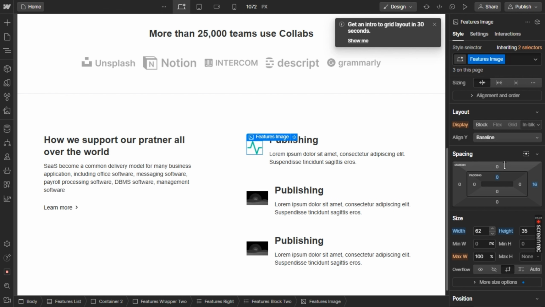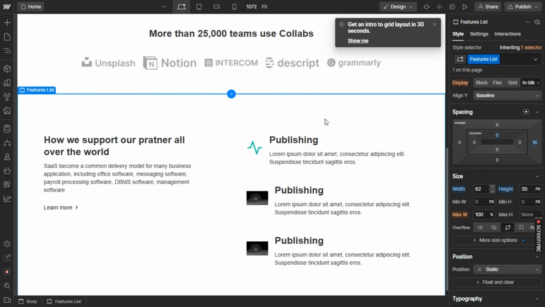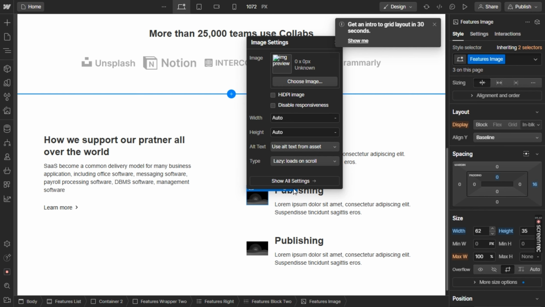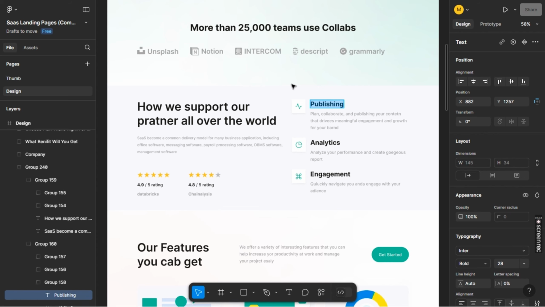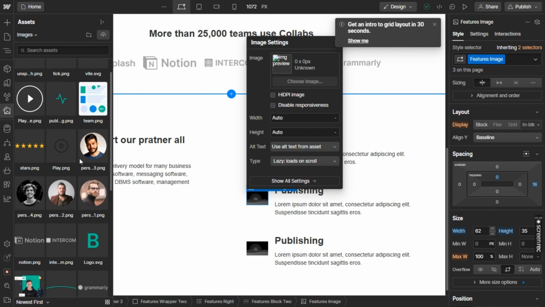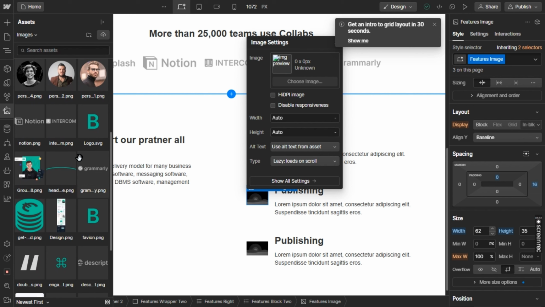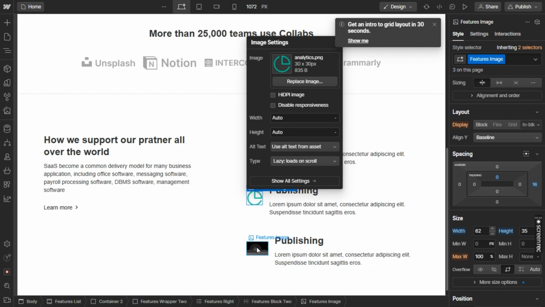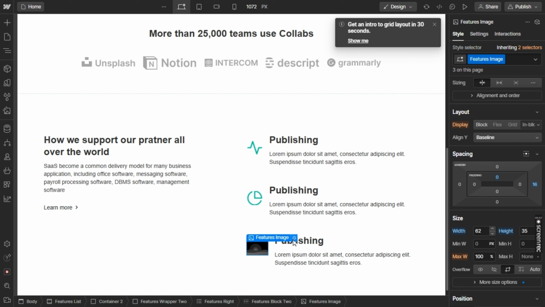So I'm not putting any padding to our image, but if you want to, then you can feel free to do that. And now it's time to change the second image of the item. So the second image will be, I think, the analytics image, and the third one will be, let's select it also,